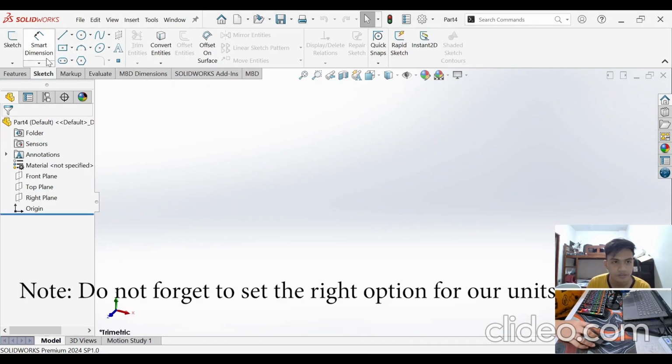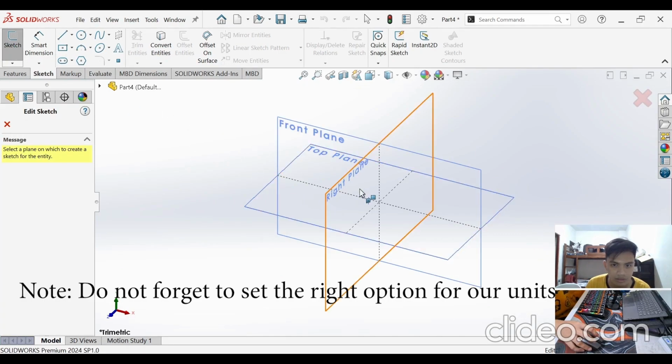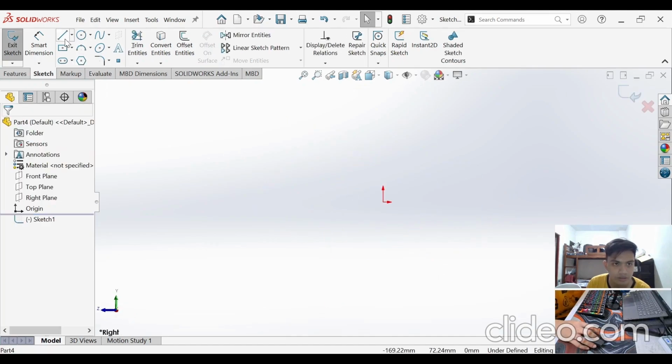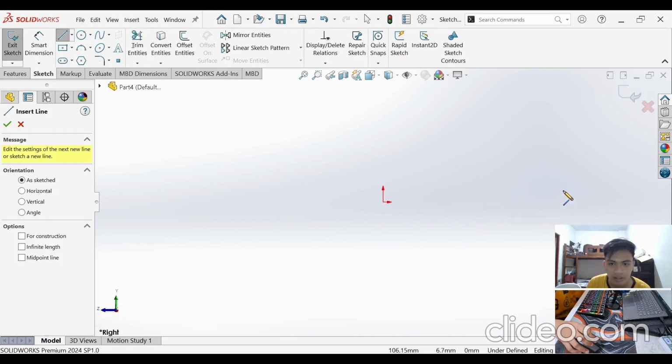By making a new file, let us correct the unit and start sketching. By selecting the right plane and selecting the line, we should be able to make the basic shape of our helical bevel gear.